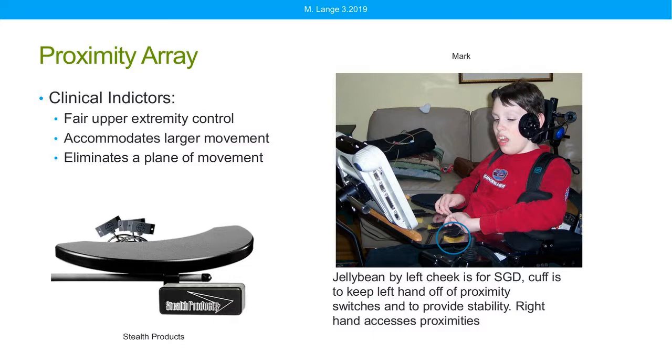So here you can see we have a picture of some proximity switches. They are actually placed within a tray. Here's an older style proximity switch. You can see we've got some yellow ones here underneath this young man's tray. And these again accommodate fair upper extremity control, not real precise upper extremity control. They accommodate larger movement, and we're eliminating a plane of movement by placing these switches underneath the surface of the